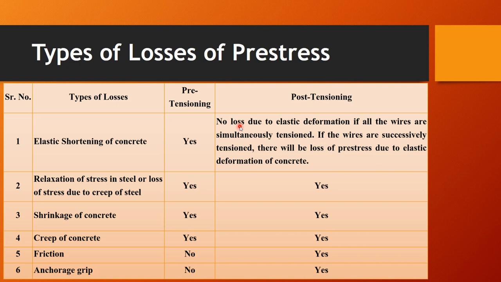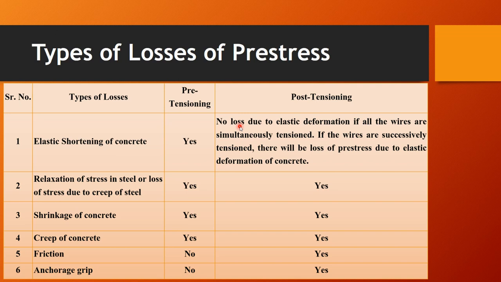Because what happens is, suppose you have applied a pre-tension force to one wire, it means that you have stretched one wire and then you have anchored that wire. Now you are going to apply the tensile force, the pull force, to the second wire, and let us assume that the force we have assumed is more than the force we provided initially in the first wire. So in that case, there is a difference between the tensile forces in these two wires.